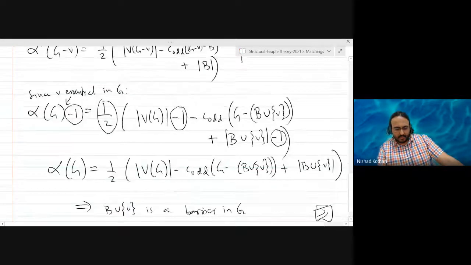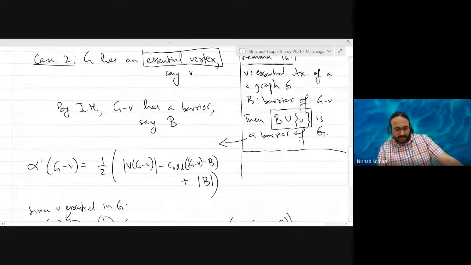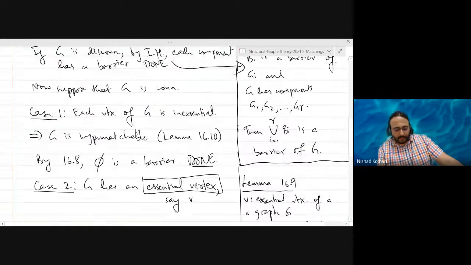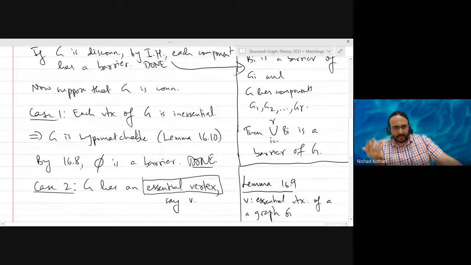Right? So honestly, the induction step is just a bunch of easy arithmetic that follows from the definitions. The real part of the proof was the hypomatchable case and realizing that this is a nice way to prove it by induction. This is definitely not the original proof, I believe, but over the years, people have found easier ways of doing things. So this is a very concise version among all the proofs out there.